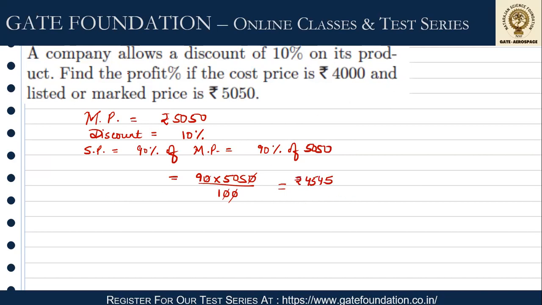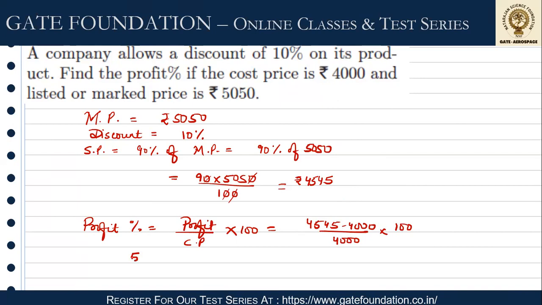Now I need to calculate the profit percentage. Obviously the selling price is greater than the cost price, so there will be a profit percentage. Right, so profit percentage over here will be profit upon CP into 100. What will my profit be? Selling price minus cost price upon cost price, which is 4,000, into 100. So this will become 545 into 100 upon 4,000. These two zeros will cancel out. You just need to divide it by 4 and the answer that you are going to get is